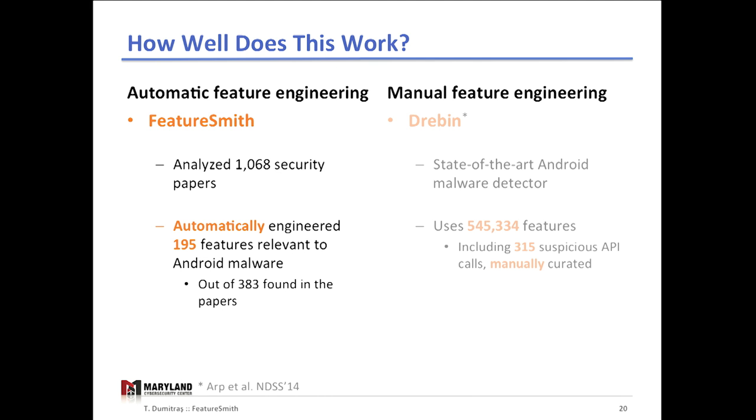And for a baseline, we're going to compare this against Drebin, which is a state-of-the-art Android malware detector. It is machine learning based, and it is the result of many years of research in the group where it was developed. And as a result of these years of research, it uses over 500,000 features. And these features include a list of 315 suspicious API calls. These are API calls that the researchers consider to be suspicious and relevant for malware detection, and this list was